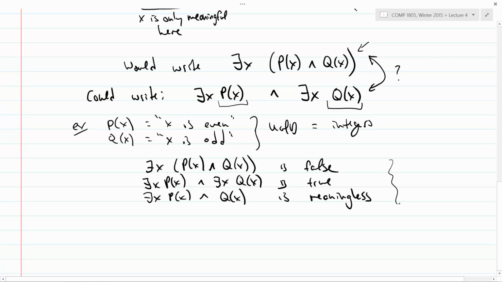Yeah? Is the third x on the bottom line meaningless because the universe of discourse is not defined for it? The universe of discourse is defined, but there's no quantification for it. So I would need to say for all x Qx, or exists an x Qx, or put that in brackets somewhere so that one of those earlier ones applies to it.